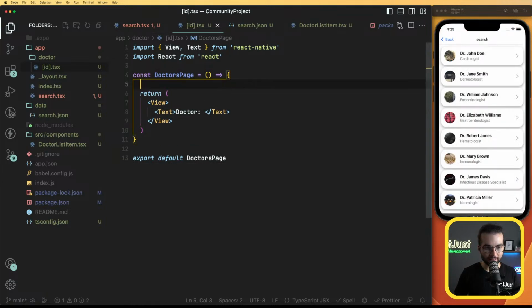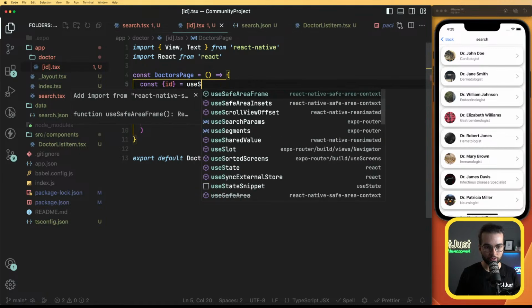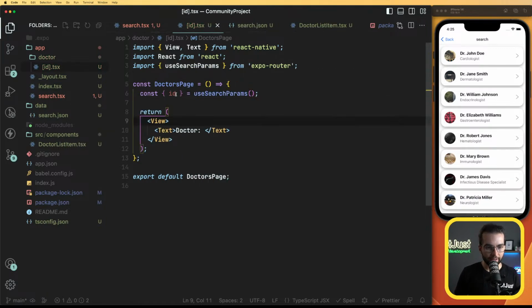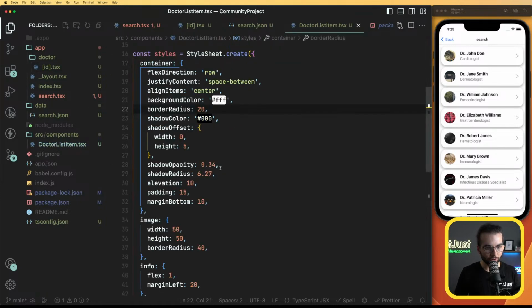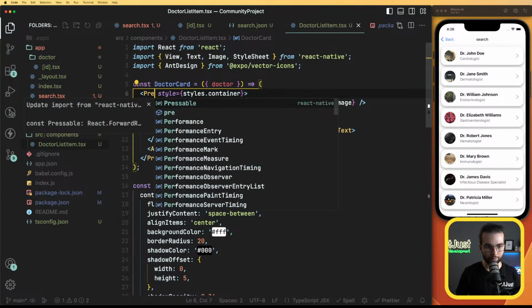So in this case, we can take the ID from use search params. And based on this ID, we're going to be able to search for that specific doctor. All right, now in the doctor list item here, instead of this view, we're going to transform it to a